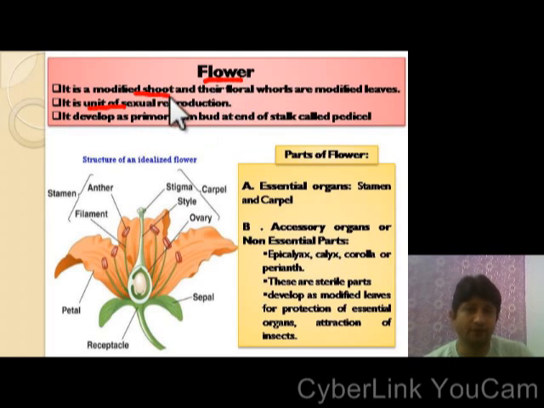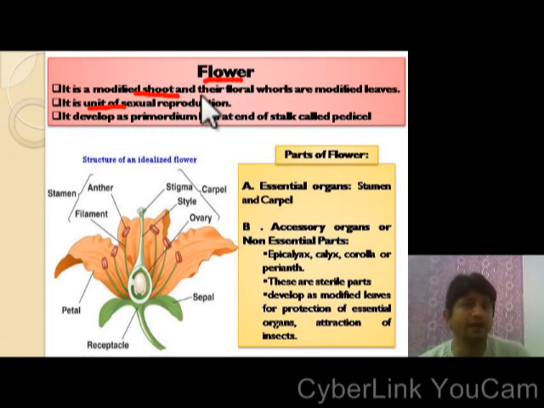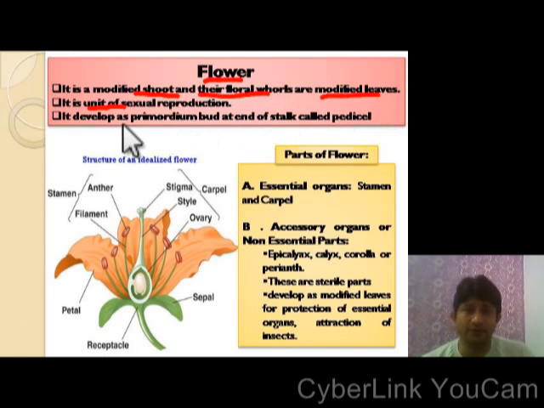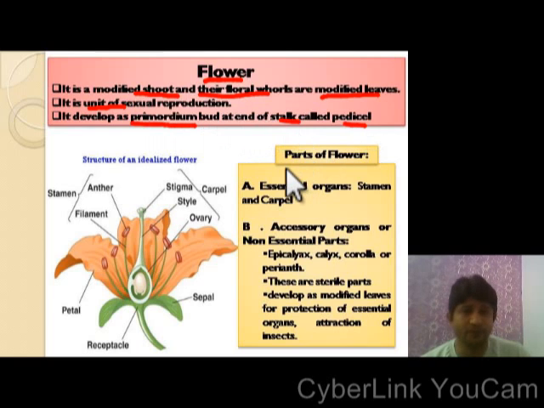Flower is a modified shoot, and the floral leaves, that is sepals and petals, are modified leaves. Flower develops as a primordium bud at the end of a stalk called the pedicel, and the flower bears two types of organs,